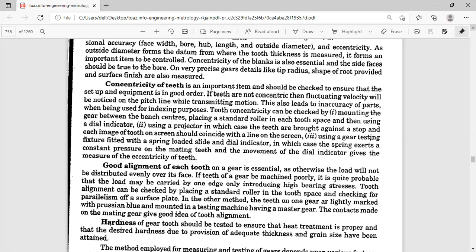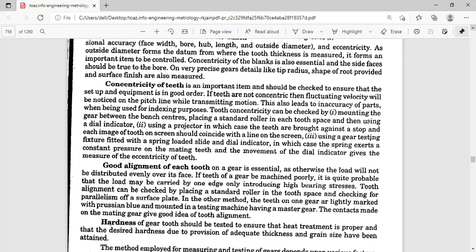Already you have seen module. Don't ask me what is module now. What is module? Module is nothing but the ratio of the pitch circle diameter by number of teeth. It's a linear distance in mm that each tooth of the gear would occupy. So that is module.